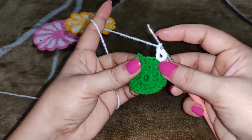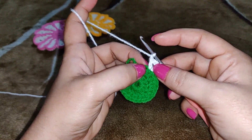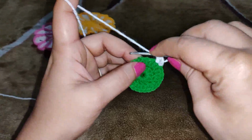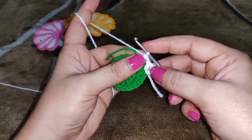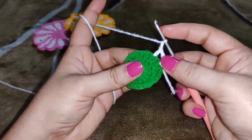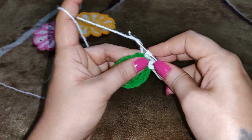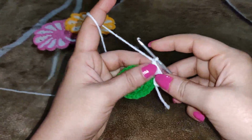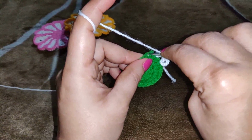Now you work 1 double crochet into the next stitch. You need to skip 1 stitch here, right here, and in the next stitch you work a double crochet. Now you chain 2, 1, 2, and you work another double crochet in the same stitch. This is what we have. You chain 1 again, you skip 1 stitch, and into the next one you repeat the pattern, that is 1